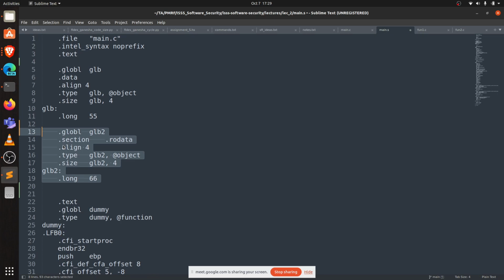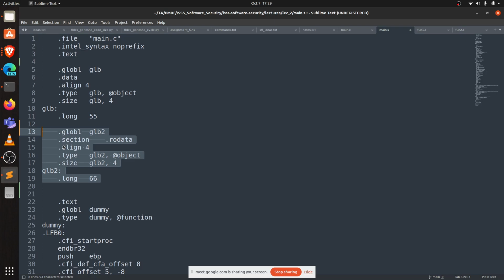So whatever value I'm specifying within glb2 in the source code, it cannot be changed during runtime. So for that, I'm specifying this glb2 variable within the section ro data,